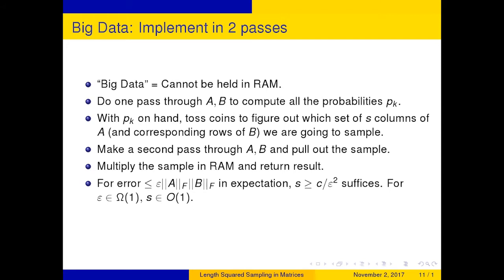Okay? So in two passes, and then multiply the sampled matrices in RAM because they fit into RAM. And for error, if I want error less than epsilon times this, S has to exceed C over epsilon squared. Now, what I told you here seems to be a way of picking one sample column or one sample